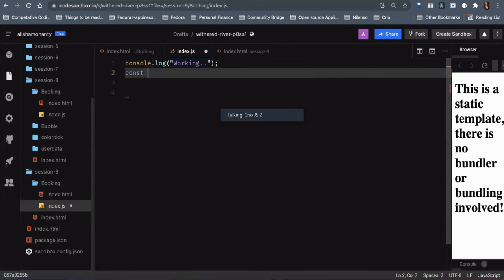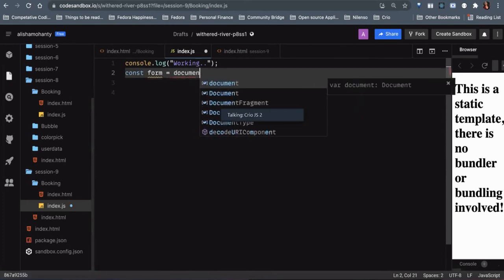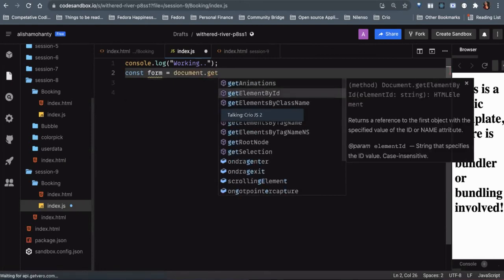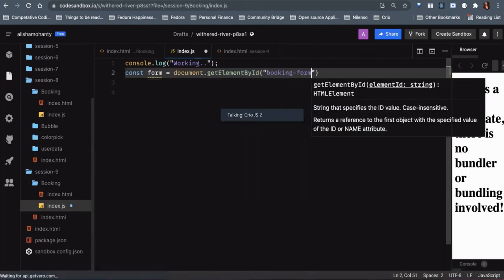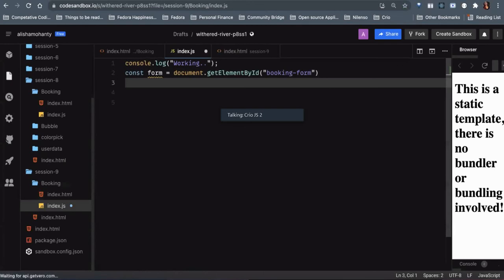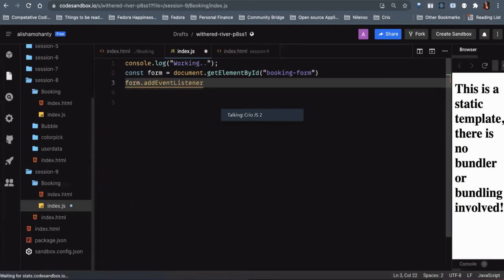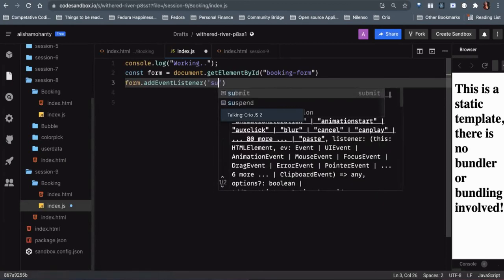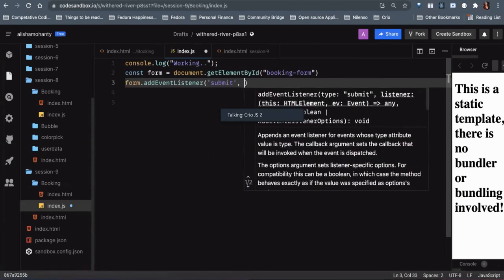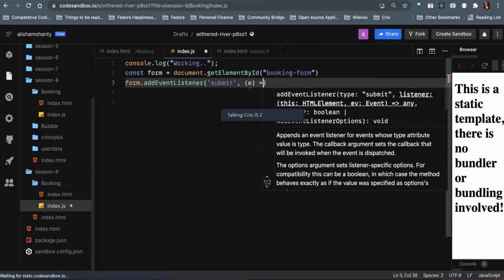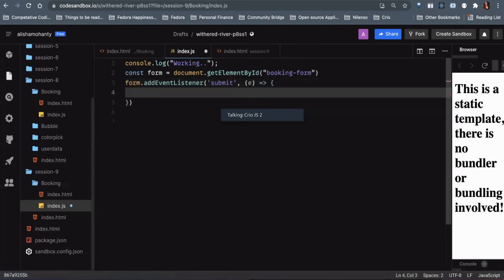Const form, we had document dot getElementById. What was the ID? We had booking form. Now, once we get the booking form, we would like to add an event listener. So I have added an event listener saying that when you submit this form, you would be executing this callback function. Now, what this callback function says, right now, let's keep it simple and say that